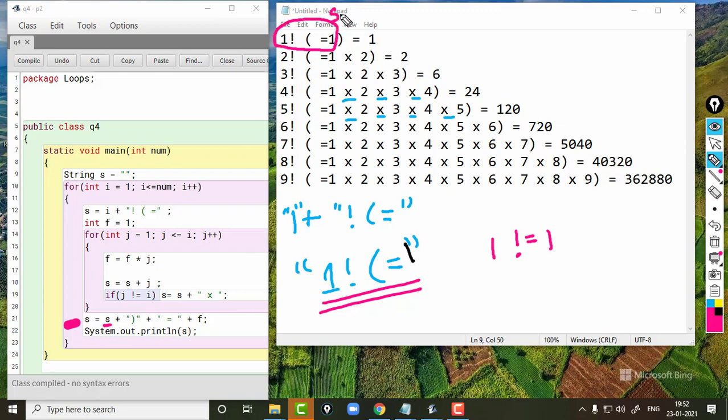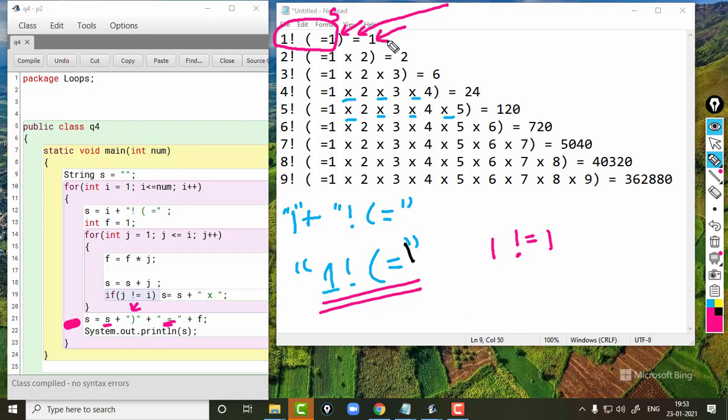We already have this in s. Now we need to close the bracket, right? So I'm concatenating a close bracket sign here, and then after that we need to display the equal to sign. So I'm concatenating an equal to sign, and before and after there is a space.